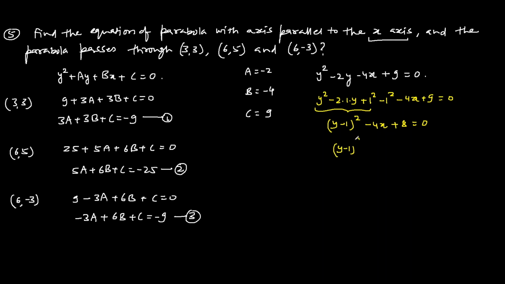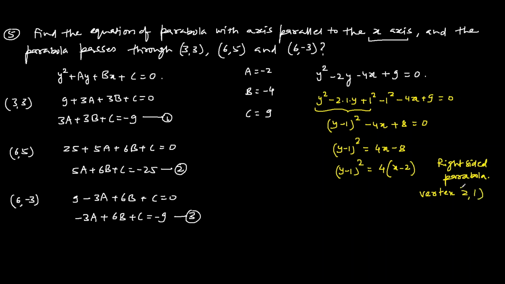So y minus 1 square is 4x minus 8, or we can write y minus 1 square equal to, take 4 common, 4 into x minus 2. So this is the equation of basically a right-sided parabola. And the vertex is at 2 comma 1,